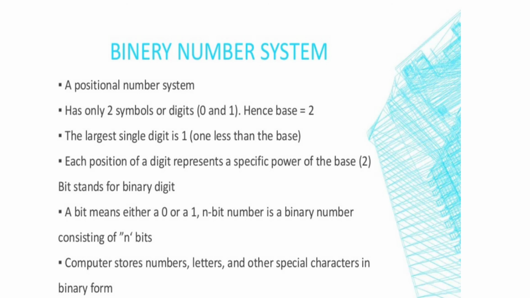The next number system is called the binary number system, which comprises only 2 digits. And again the same concept is there here also. Since there are only two numbers, the base is 2, and the largest number will be 1 less than the base, so the highest number supported will be 1. Hence you will have only two numbers, 0 and 1. Again, to represent each number, the position of the digit is represented to the base 2, and the word bit stands for binary. The last line says that the computer stores everything in the binary form.